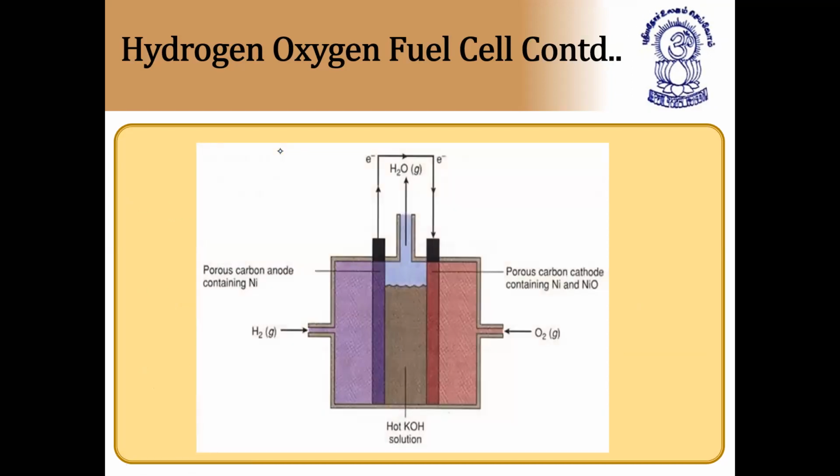We have two electrodes, one is cathode and this is anode. Hydrogen gas is introduced from one side and oxygen gas is introduced from the other side. And due to this, what happens? They are immersed in hot KOH solution where they undergo combustion. When hydrogen gas and oxygen gas undergo combustion, they form water, with an enormous amount of energy. I hope it is clear. That energy is used for production of electricity, that is, current is produced.